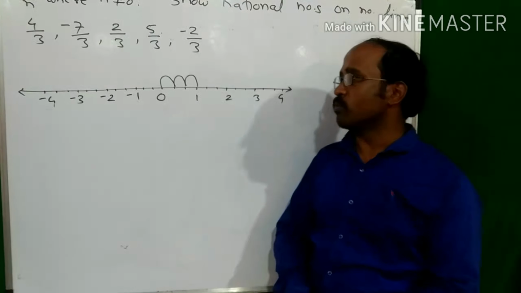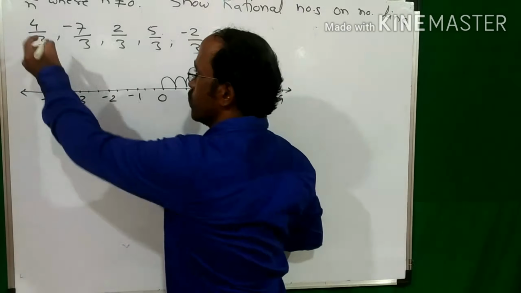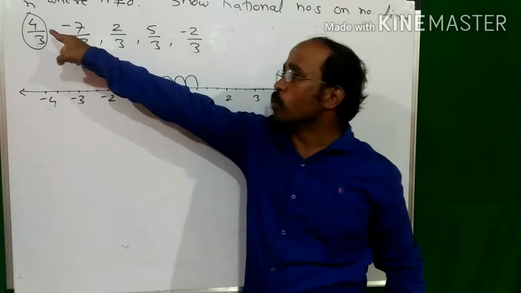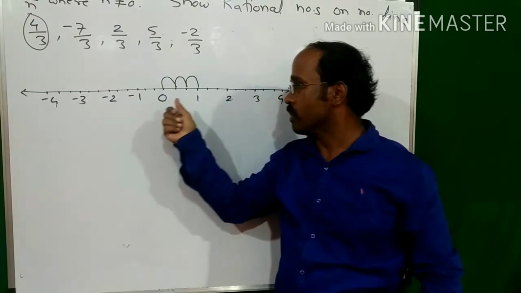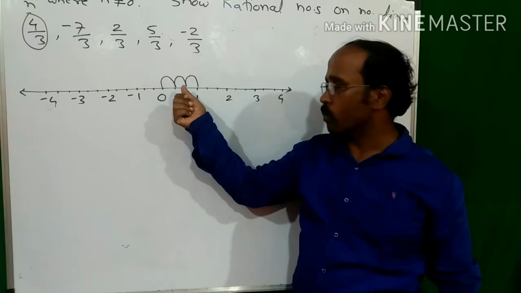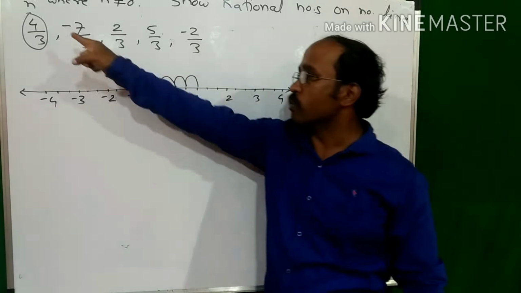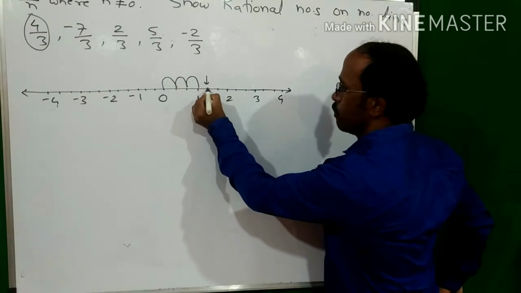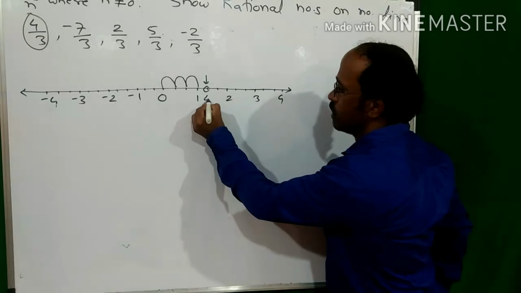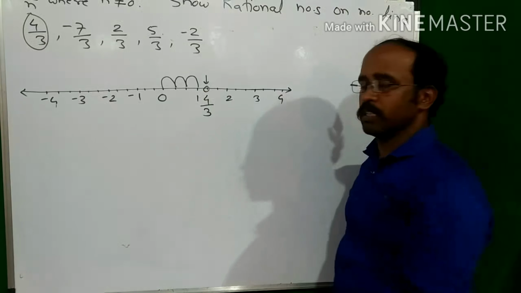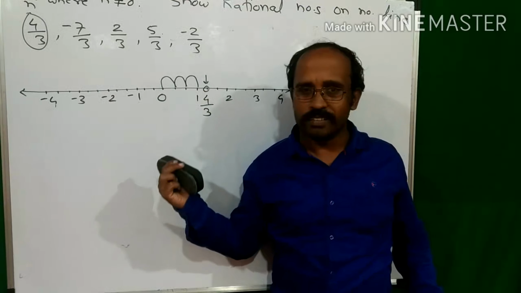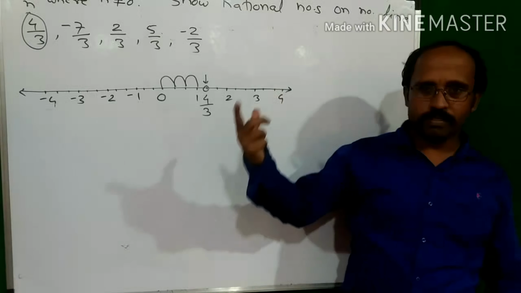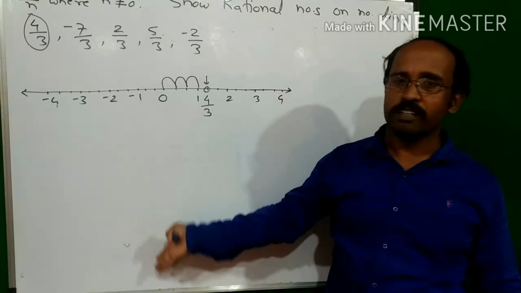Clear? Now next, what we have to show is 4 upon 3. So how to show 4 upon 3? We have to see the 4th part. Now these are the parts: 1, 2, 3, 4. So we have to see this 4th part. This is nothing but the 4th part here. So here is our answer. This number is nothing but 4 upon 3. Isn't it easy? I think you find it super duper easy, as easy as we learned in 6th standard.